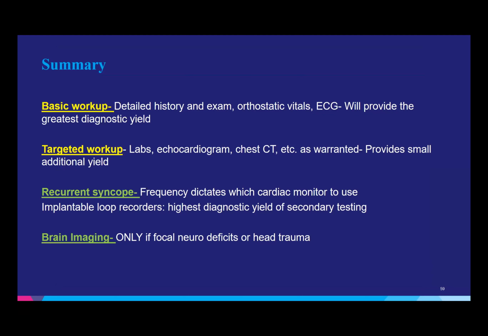So history. Always get orthostatics and an EKG. Do a targeted workup, right? You've gotten a good history. Now really go after what you think is leading your differential. When you're deciding at discharge what kind of a cardiac monitor your patient needs, obviously the cardiologist weighs in, but always advocate for your patients. If you feel like their events are infrequent, they need longer term monitoring. These patients don't need brain imaging. Do a neuro exam. If you're convinced they need brain imaging, then send them for brain imaging. You don't need to pan scan their heads. And that is it.